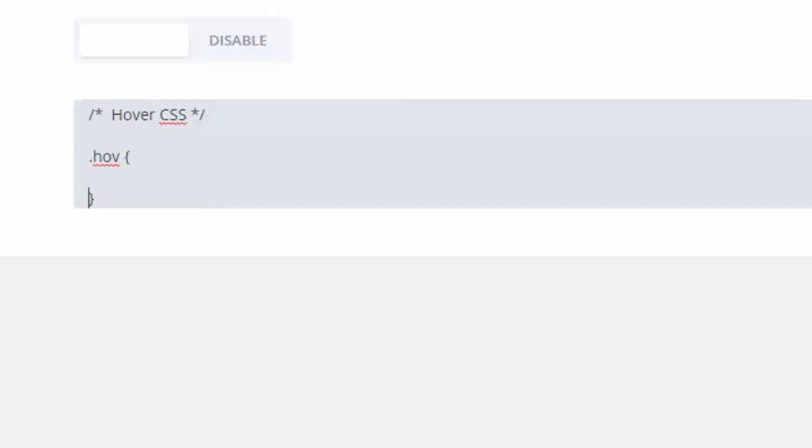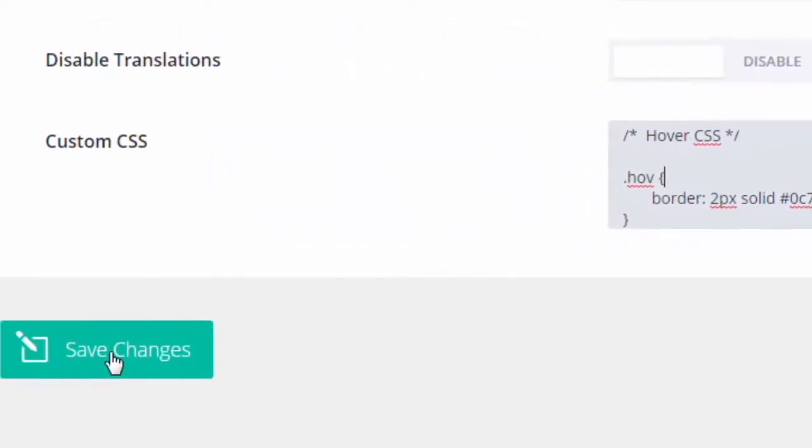So if I go over to my notepad where I copied my CSS, I'll just copy what we put in there and paste it there. Now what that's going to do is add a border to the hover class, which was that first module there. Now that's okay, it's not what we want though. If I show you,